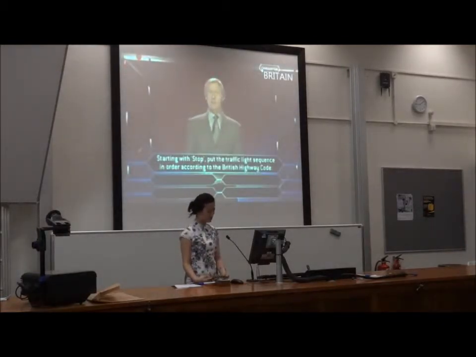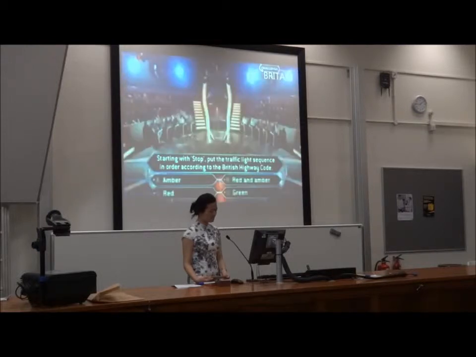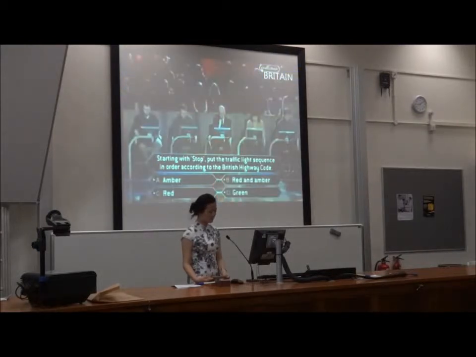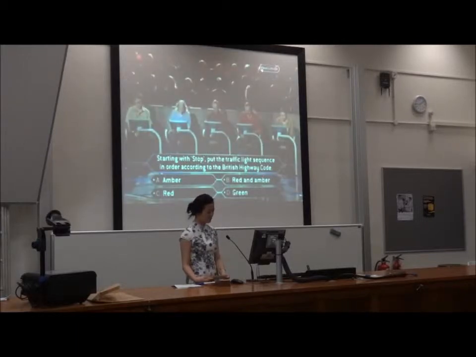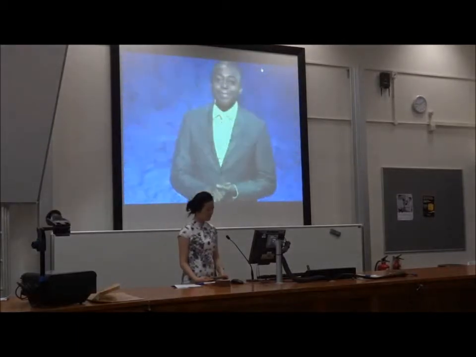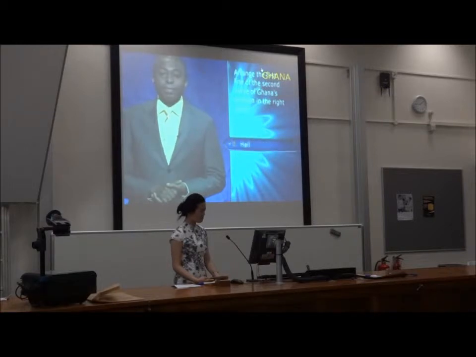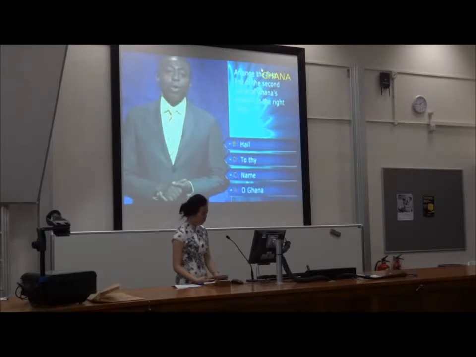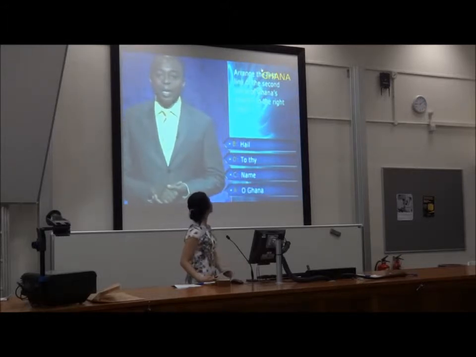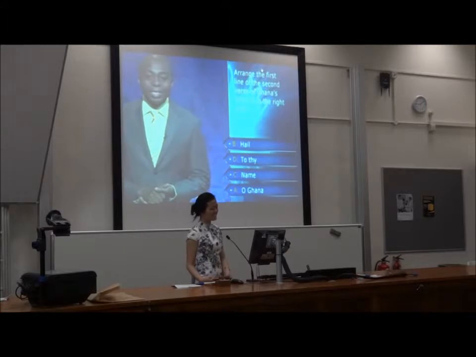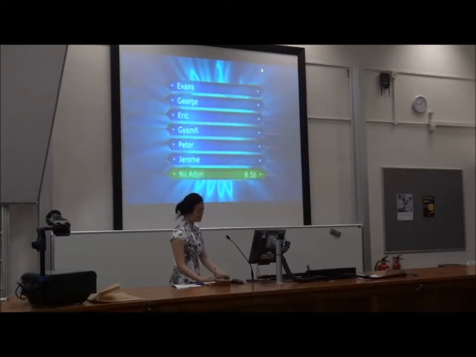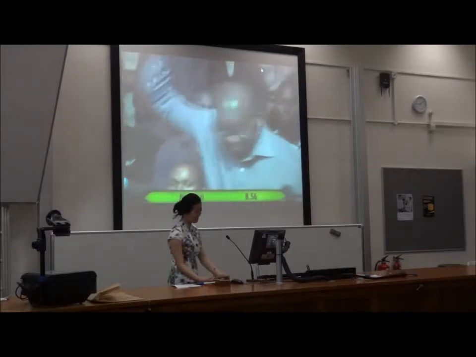Starting with stop. But the traffic light sequence in order according to the British Highway Code. Amber, red and amber, red, green. Okay, so arrange the first line of the second verse of Ghana's anthem in the correct order. Hail to thy name, O Ghana, BDCA. Who had it right? Who had it right quickest? Oh, Ni Ajiri, the only one. Name for 5